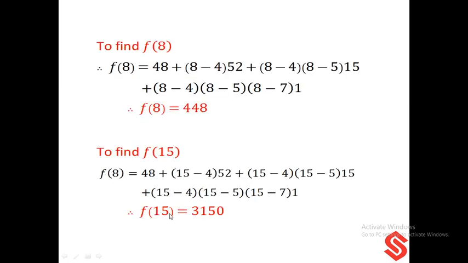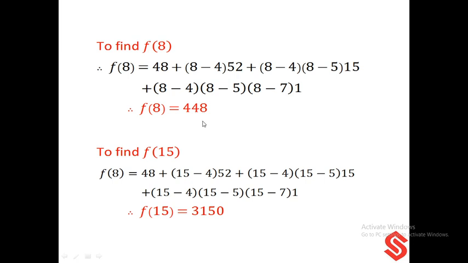Here we need to find the value of f of 8 and f of 15. So to find f of 8 we substitute x is equal to 8 and we substitute the remaining values like x naught, f of x naught, first divided difference, second divided difference, third divided difference, and simplify,